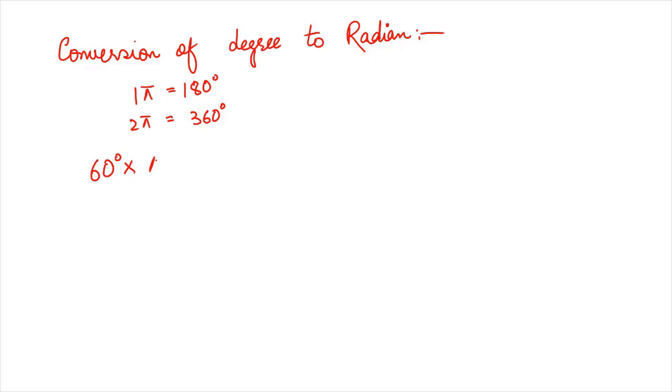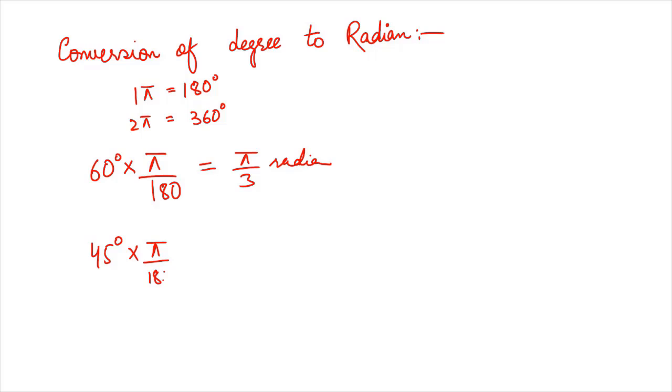I will just multiply this with pi upon 180, and upon simplification I'll get pi upon 3, because 60 divided by 180 will be 1 upon 3. Even if we try to convert this 45 degree into radian angle,